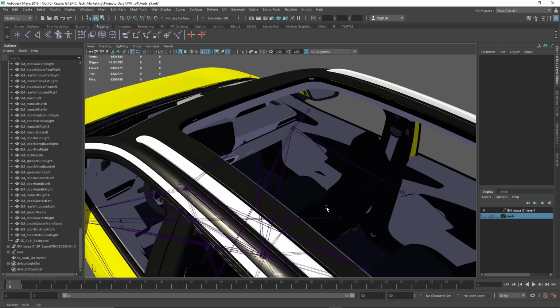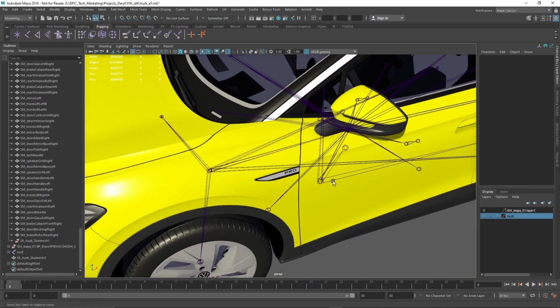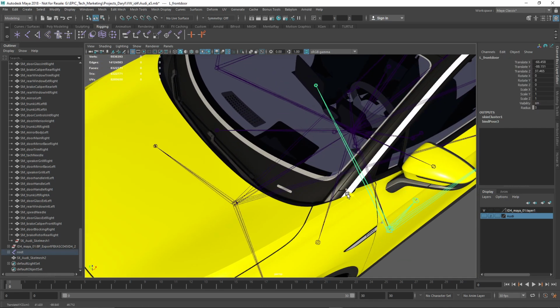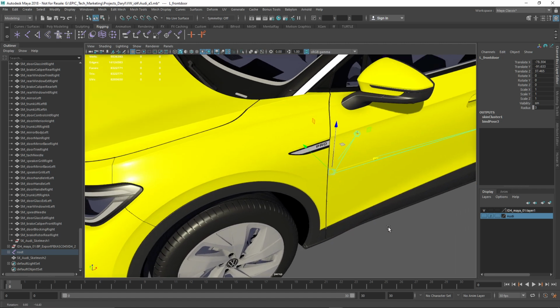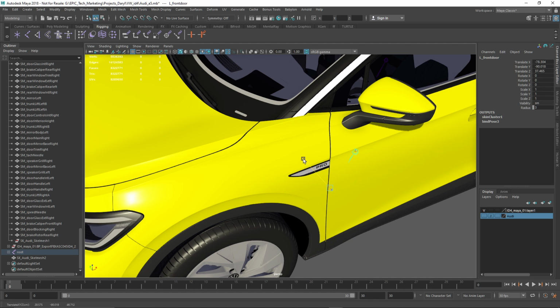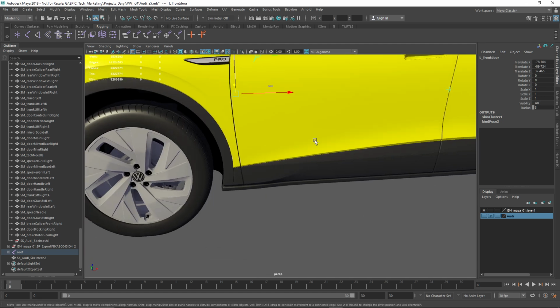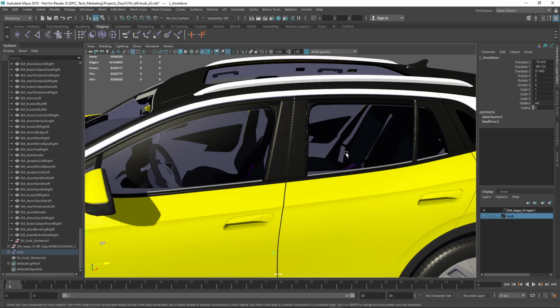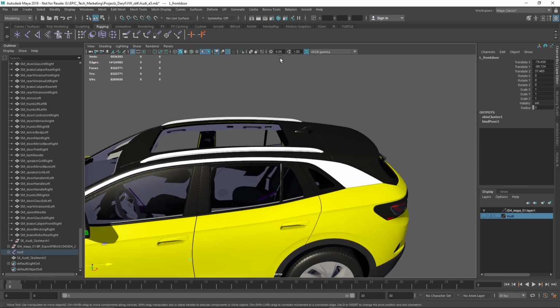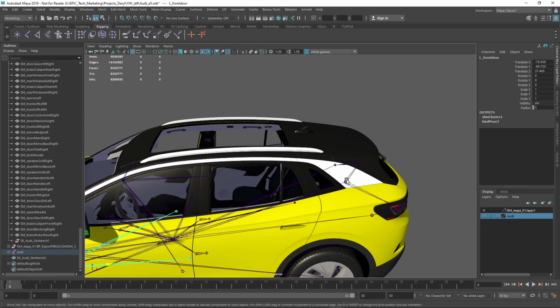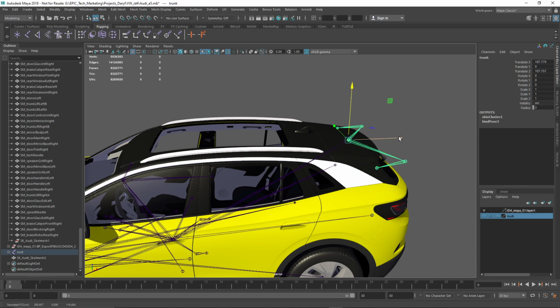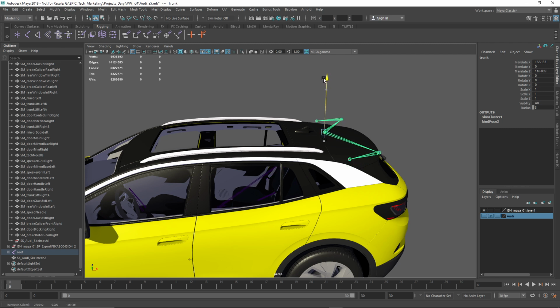All right, so with that done, the next thing I'm going to do is set up this door. And I'm not going to do the whole car because we're quickly running out of time. I'm just going to position these guys where I think the pivot point might be appropriate. So we'll just push that into the inside edge of that door and scooch that guy back a little bit. We can do the same thing for the trunk. Grab that guy, translate it up, push it forward a bit to where that hinge might be. All right, that looks pretty good.